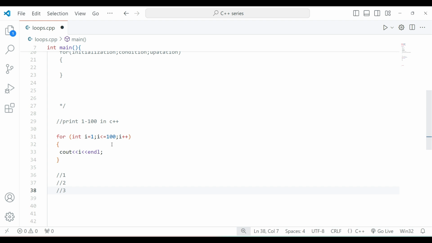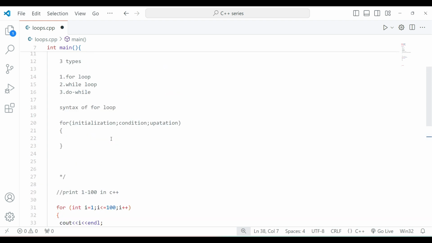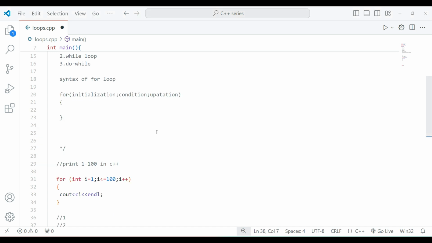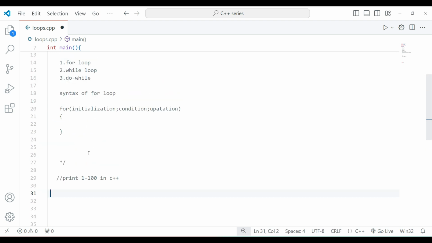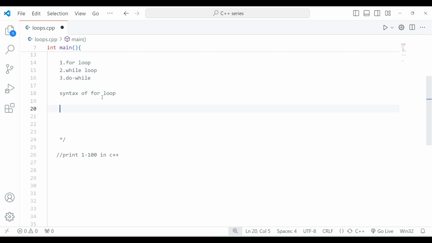Our next topic will be the while loop. We will be discussing the while loop and its syntax. Let me clear this for you. The program will remain the same; we are just changing the syntax here. The while loop and the for loop are pretty much the same. So if I type here while,